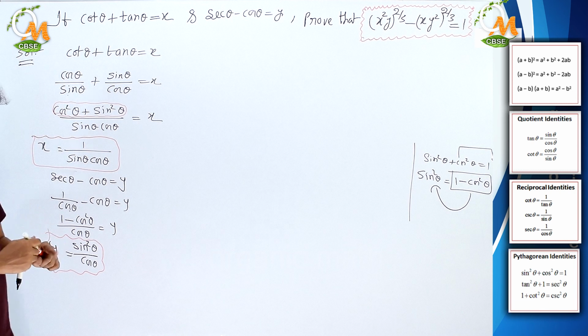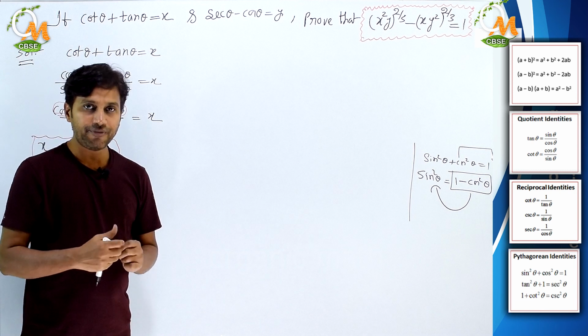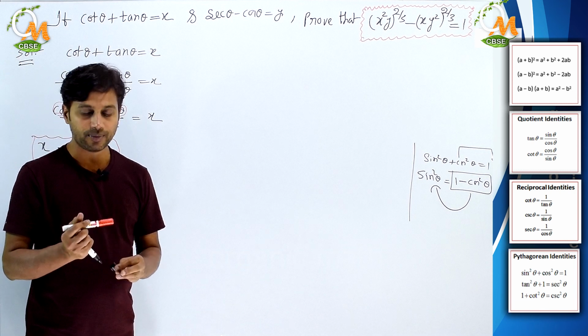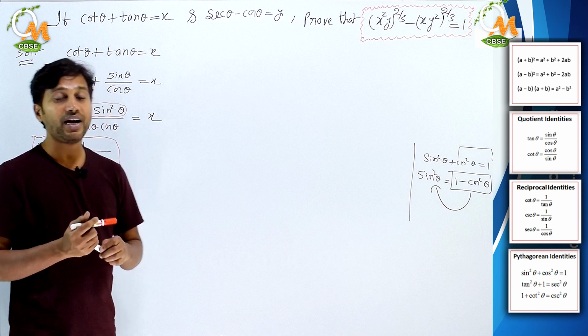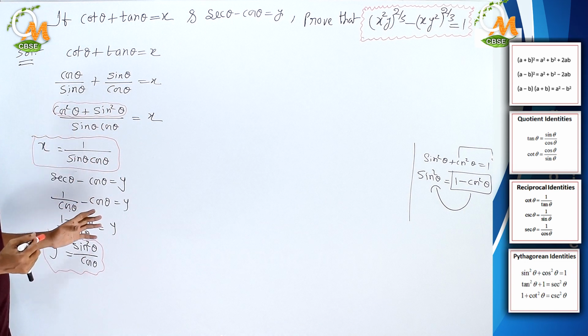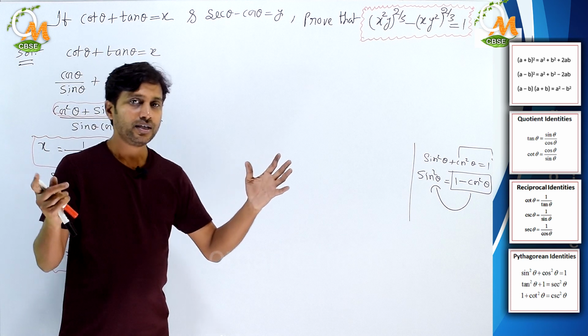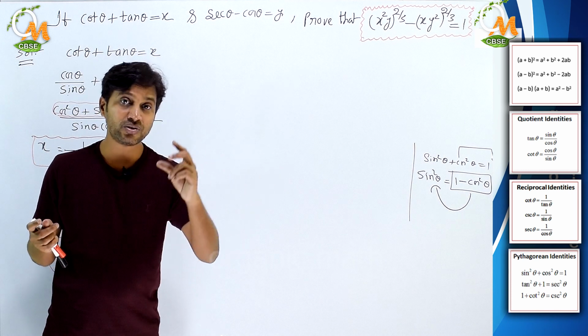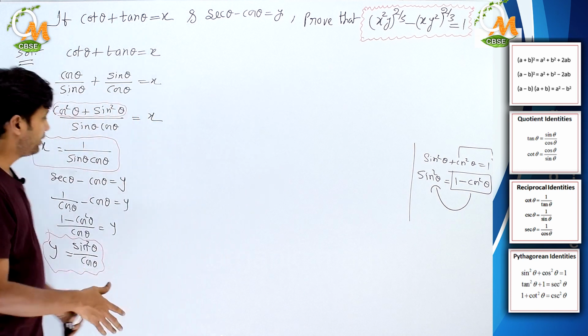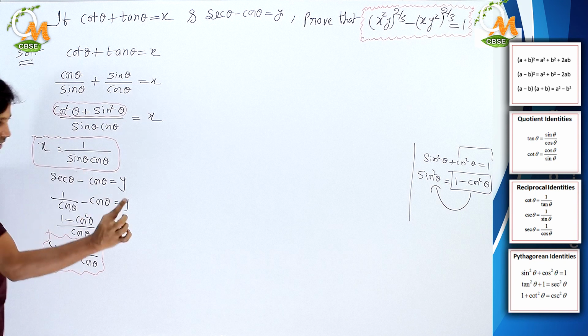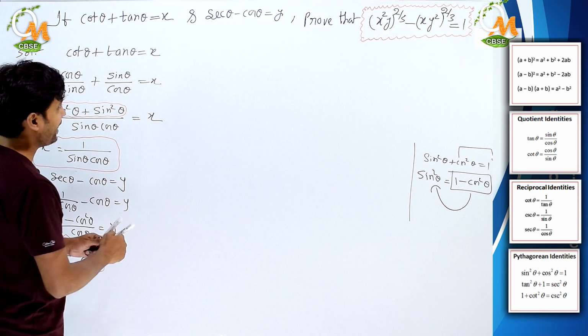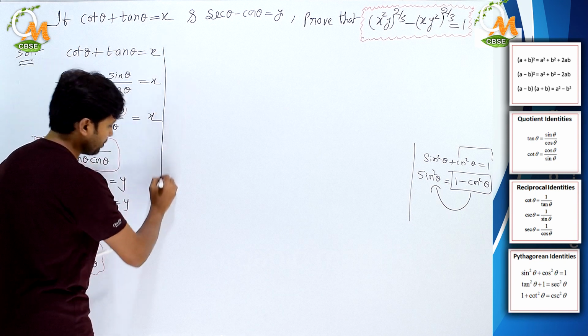So what we did till now, actually, we haven't started the problem. We just took the value of x and y and simplified them into a single term, in sine and cos terms. Understood? Here, into sine and cos terms with a single term we simplified it. Now take the condition which has to be proved.